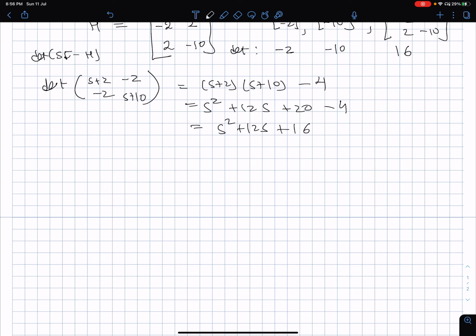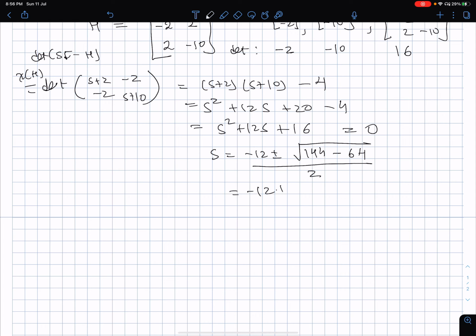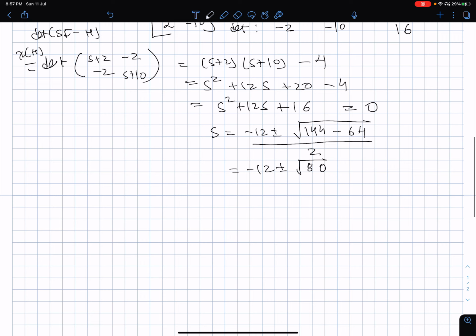So therefore, this is the characteristic polynomial of h, which we should set to 0. Now if we evaluate the roots, it is minus 12 plus minus under root of b square, so 144 minus 4ac, so 16 fours are 64, divided by 2 times a, which is nothing but 2, so minus 12 plus minus under root of 4 minus 40, and 8 plus 6 is 14, divided